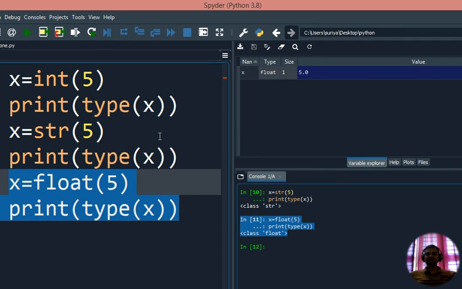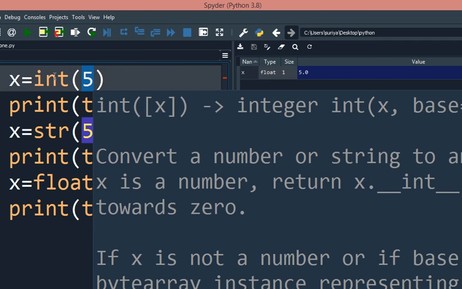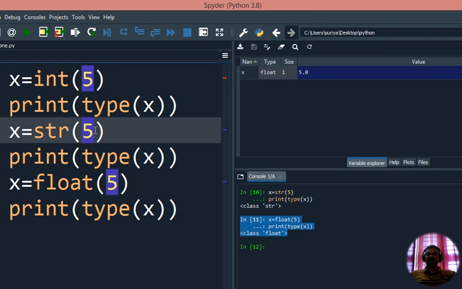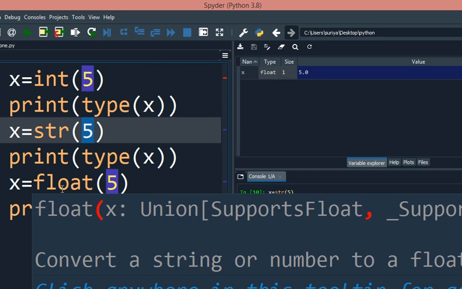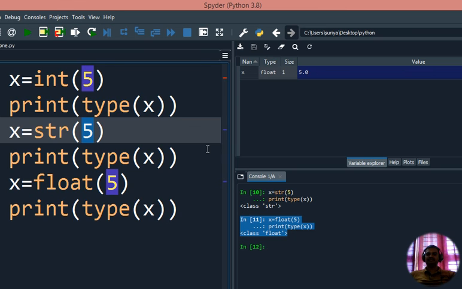So this comes under typecasting. Whatever numeric we give here will be converted to integer, whatever numeric we give here will be converted to string, and whatever numeric we give here will be converted to floating point. This way we can make our variable declaration, because variable declaration is very easy in Python programming.